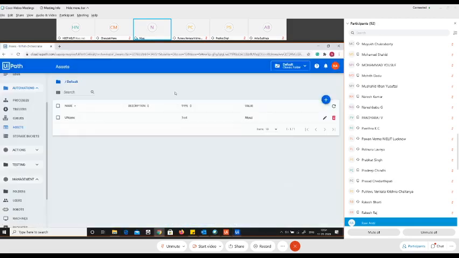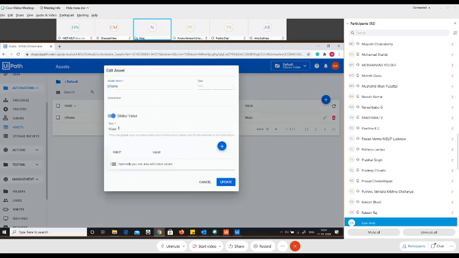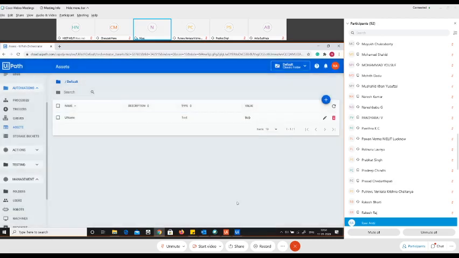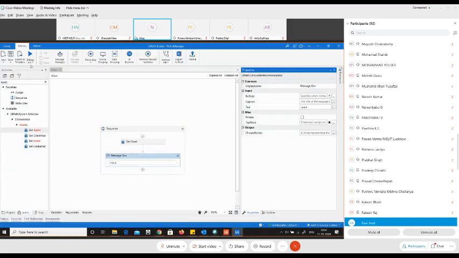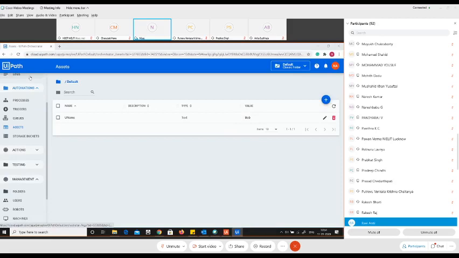Now we will edit this asset. The customer says, no, I don't want this name, I want some other name. So in our case, I'll say the name is Bob. I'll just update the asset. That's it, the asset is updated. Come back to UiPath Studio, and there is no updation happening here. I'll simply run the bot. Now we should get the value Bob. Perfect. We got the value Bob.